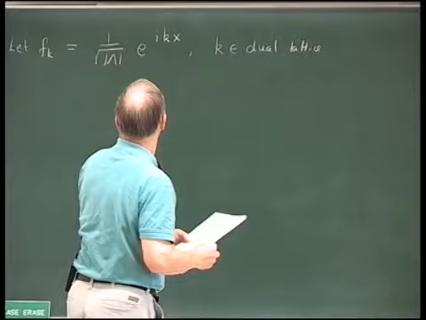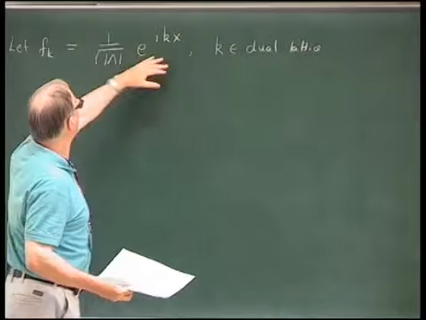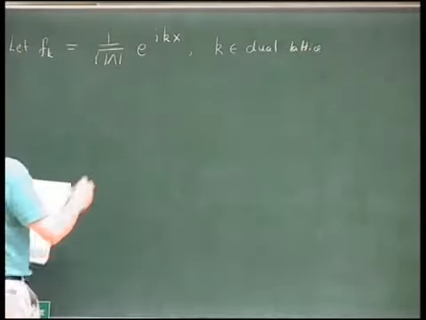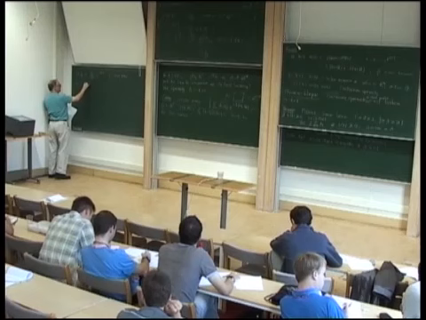And the purpose of taking the k in the dual lattice is that then the different values of k make this an orthonormal set. So f_k is an orthonormal set